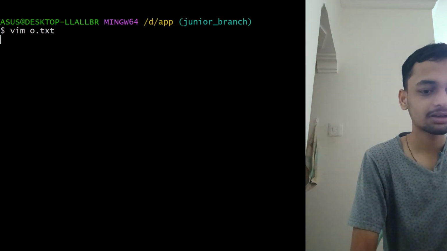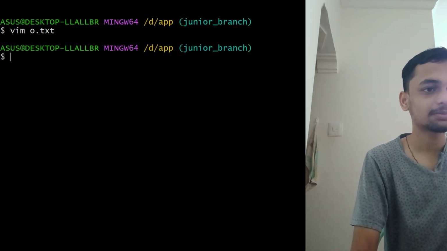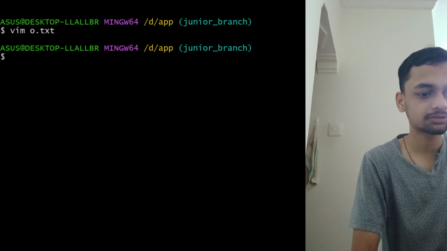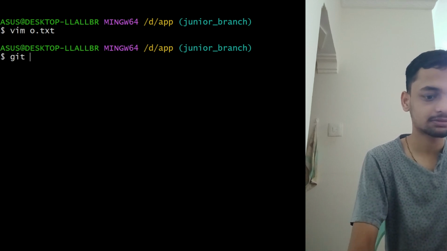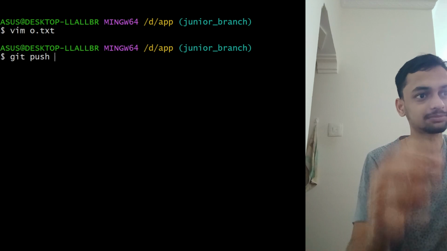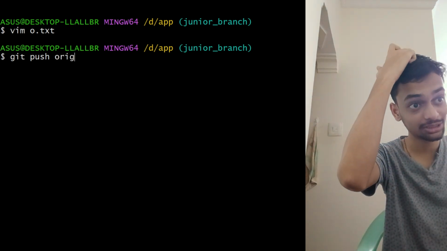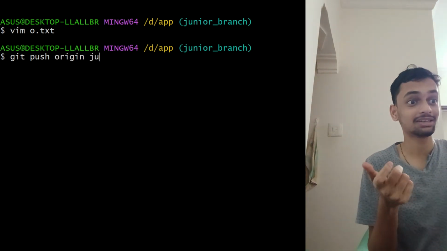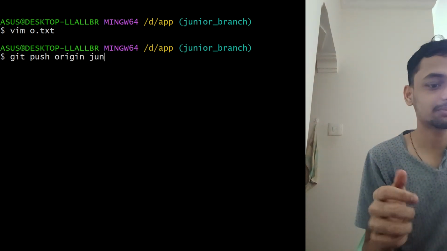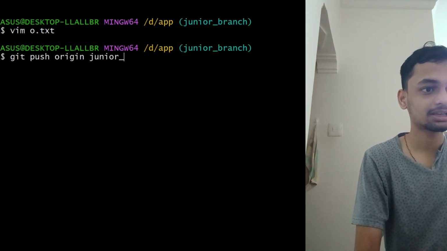And when he pushes that thing over there, how does he push? git push origin junior branch. Now he pushed his code to the junior branch. See, he pushed it to the junior branch. Now he will add